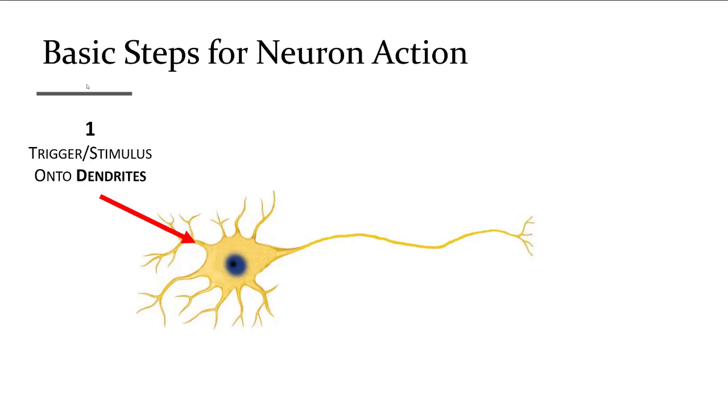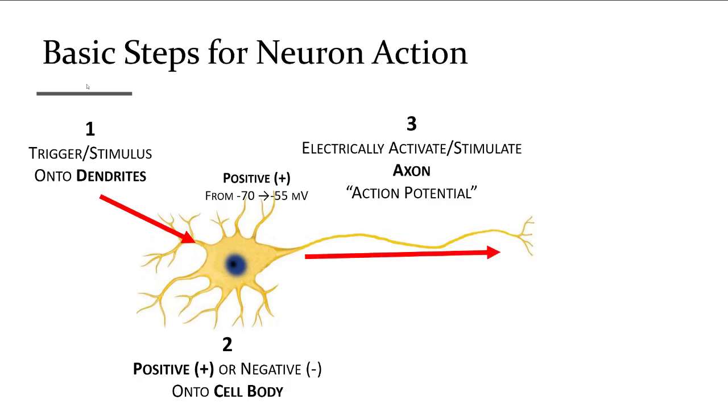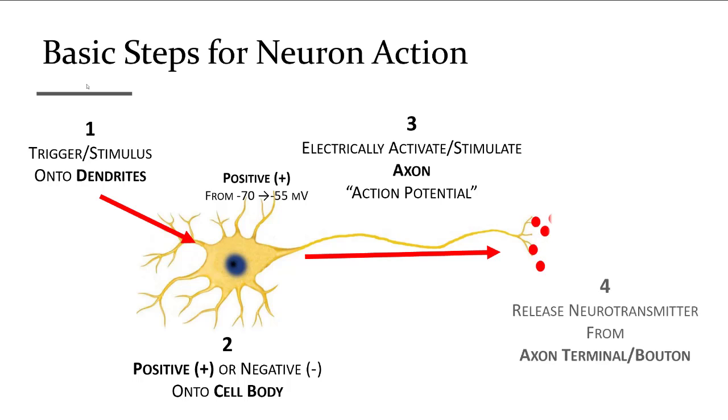If the cell body becomes more positive, then the axon can reach what's known as threshold and start an action potential, which is an electrical signal that travels down the axon terminal. At the axon terminal, it releases its neurotransmitter onto another neuron or other tissue like a muscle or gland to activate and stimulate that. In order to explain how these 4 steps occur, we need to go over some basic